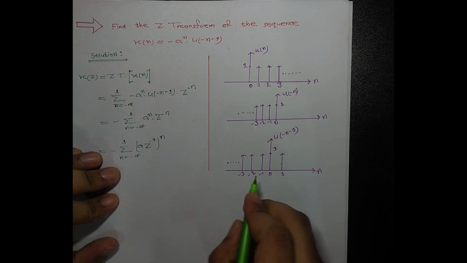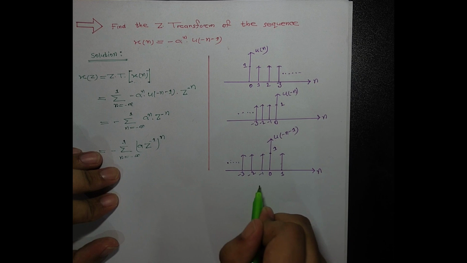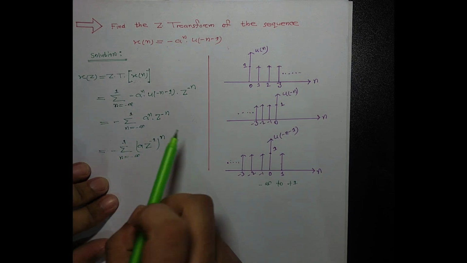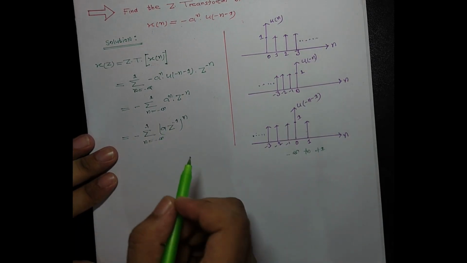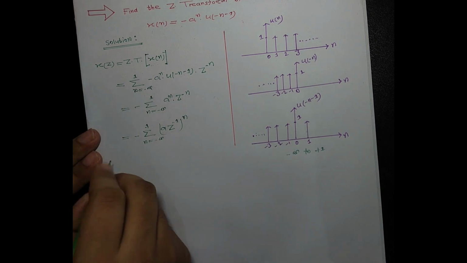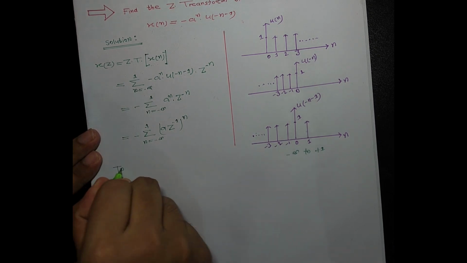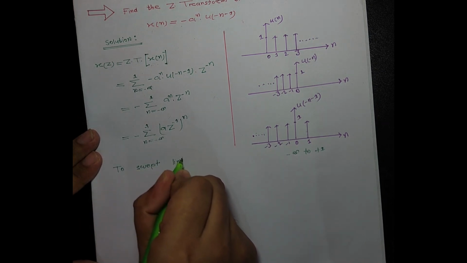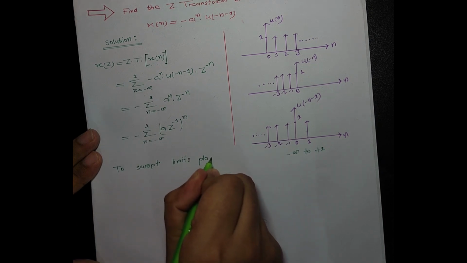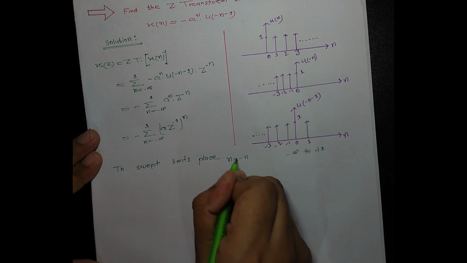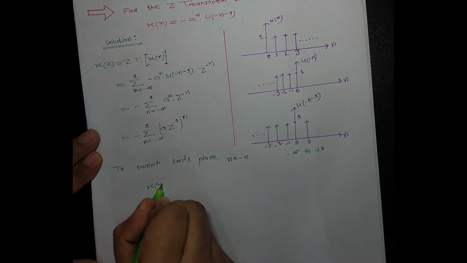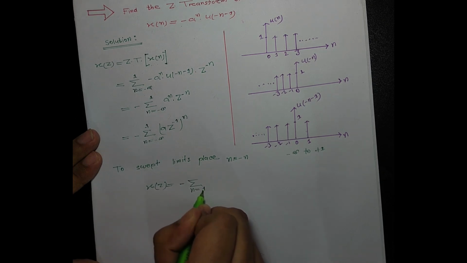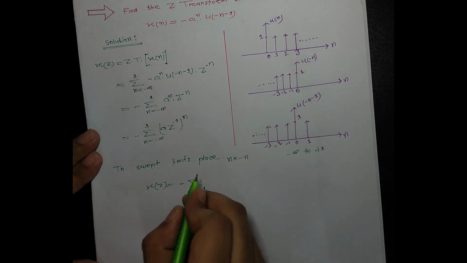We can see minus infinity to plus 1. Here's the limit. Now to shift limits, replace n equal to minus n. That means X(z) equal to minus summation of n equal to 1 to infinity